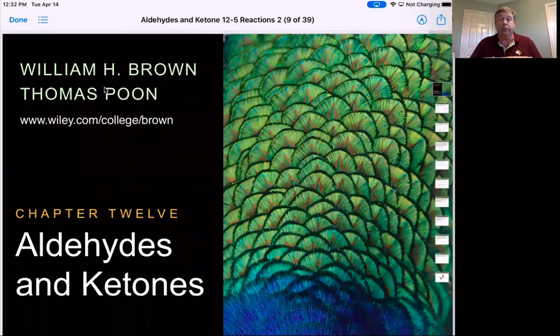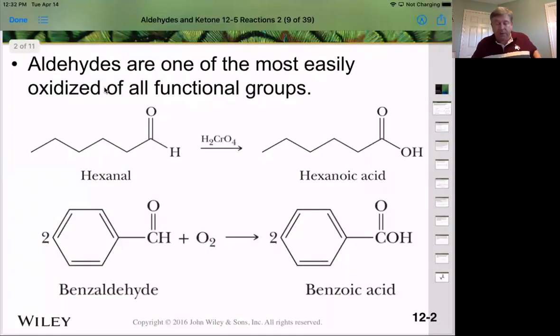We can react it with Grignards, and we also learned in the last section we can use that enol-keto tautomerization to give us an alpha halogenation reaction. Well, let's talk about just the reactions at the carbonyl center itself. Okay, so one of the first things we can do with that, if we have an aldehyde, is that we